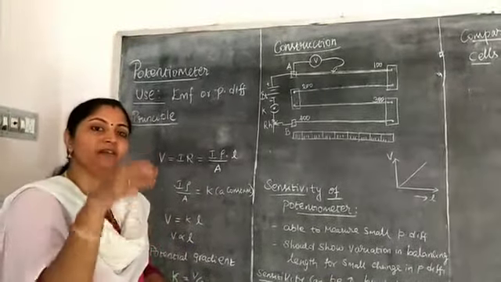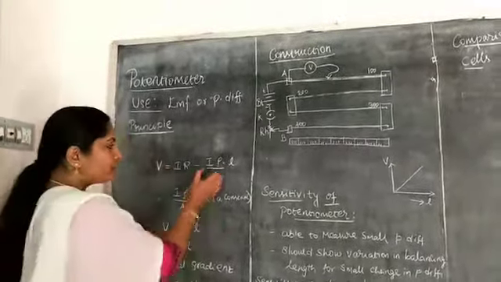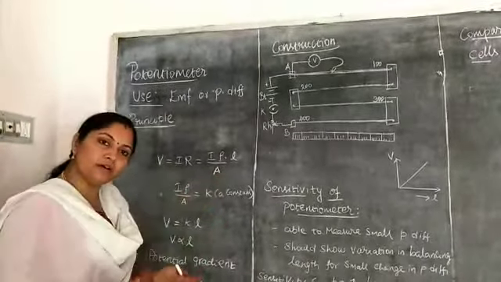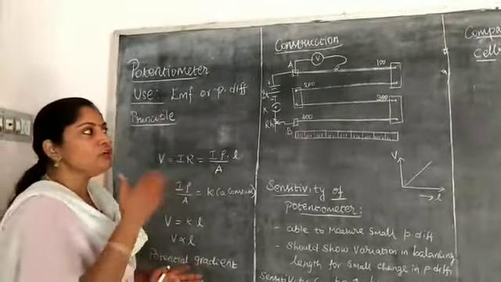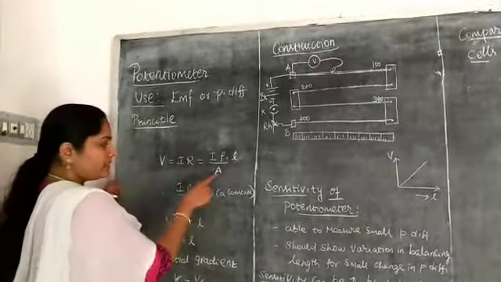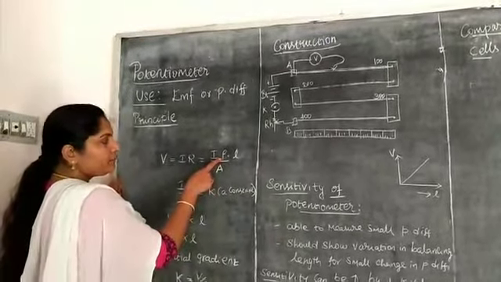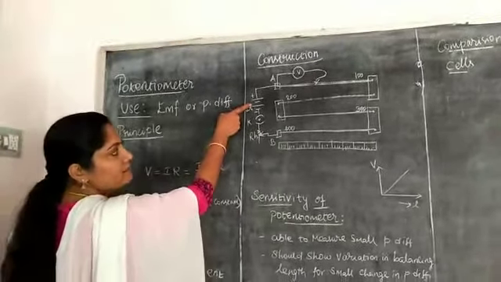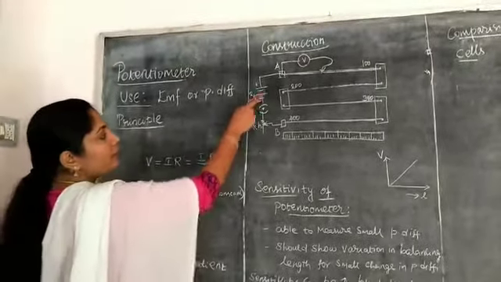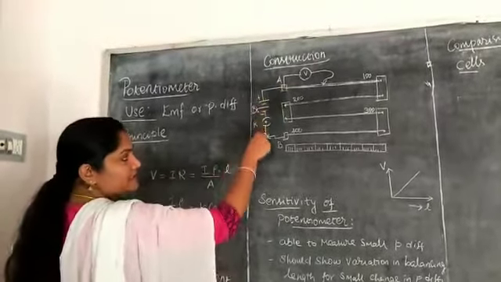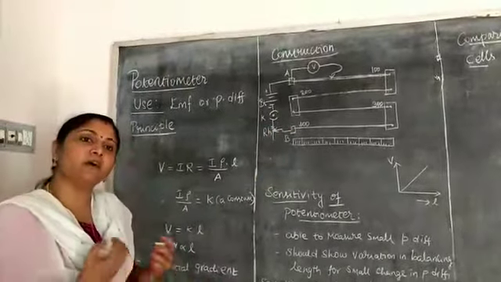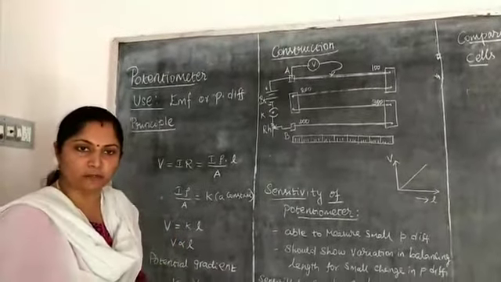So when we take constantan or manganin, the rho value is a constant. And area of cross section is also a constant. Already I told you, uniform cross-sectional area throughout the length. So A is constant, rho is constant. With the help of the external battery, key and rheostat arrangement, we connect these devices between A and B, due to which we can supply a constant current to this potentiometer wire.